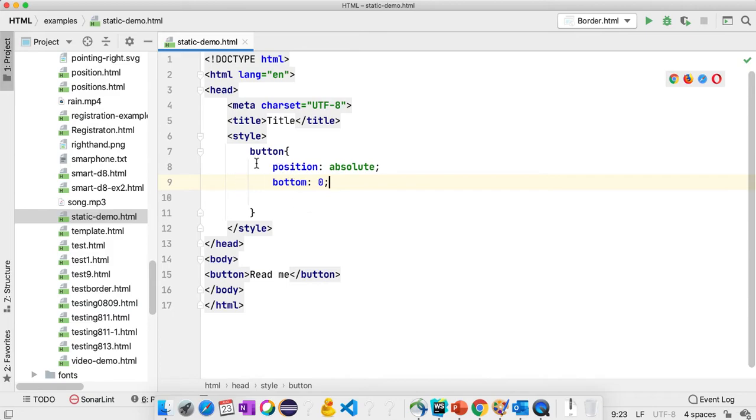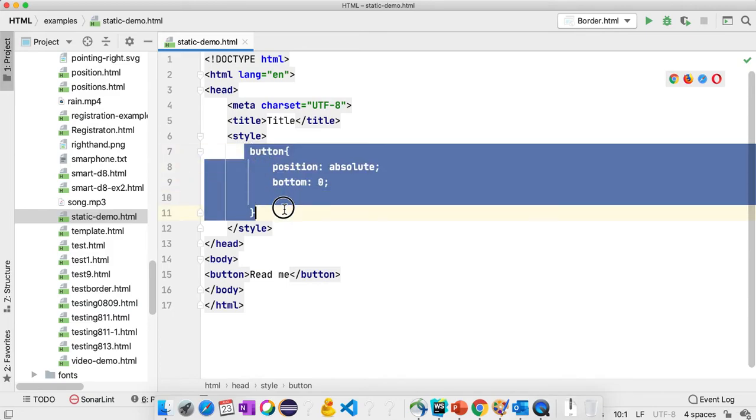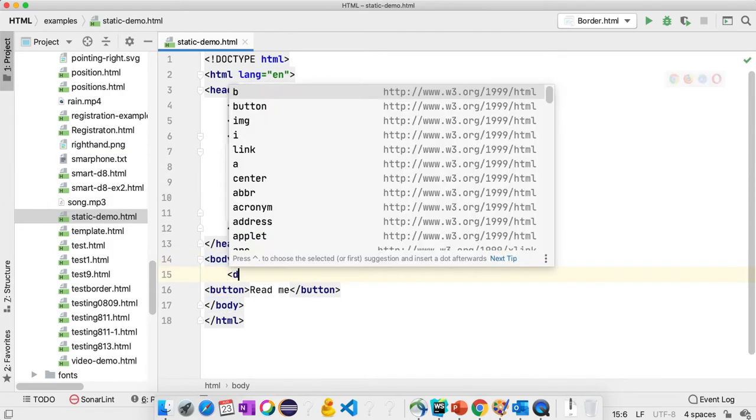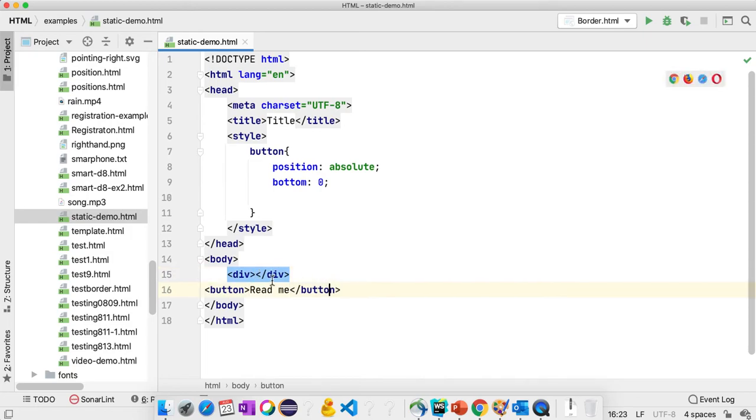However, I want to change this button position bottom 0 to a different parent element, which means I'm creating a div here inside the body, and the button is inside the div.